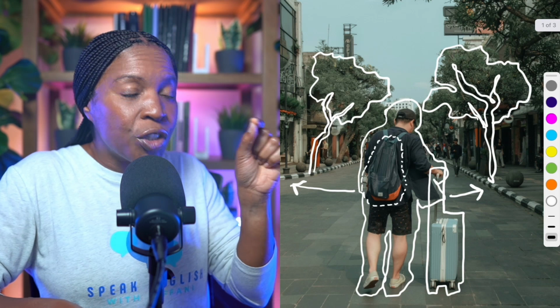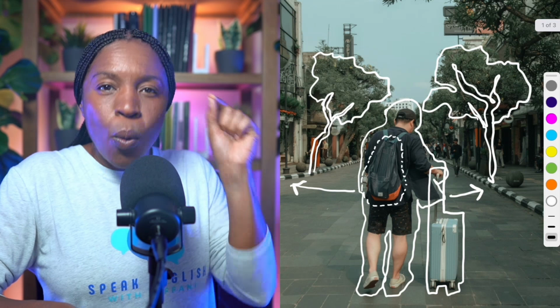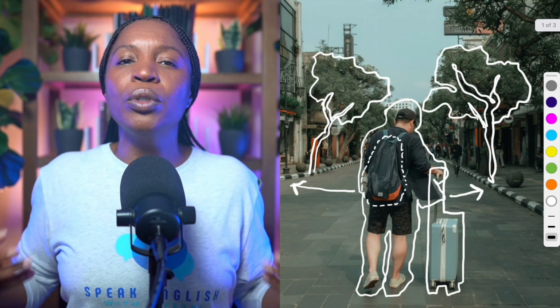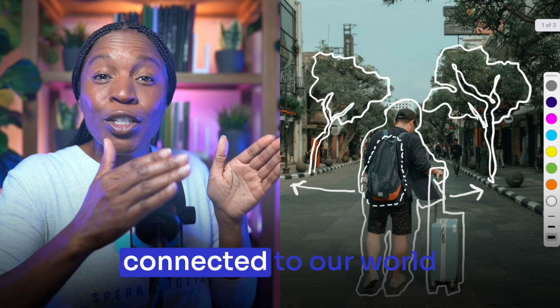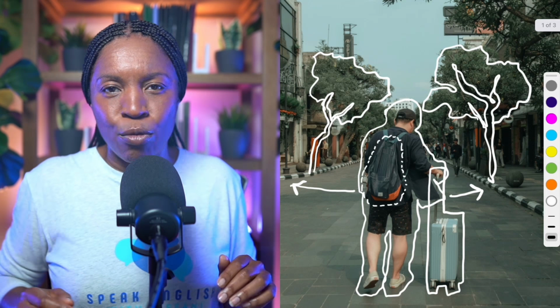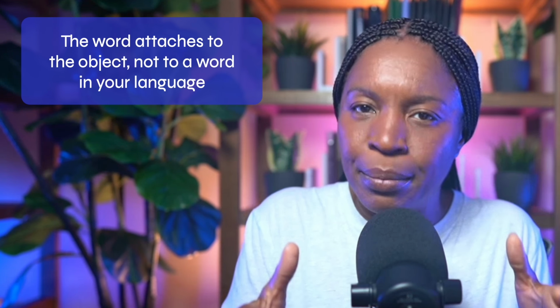We want to point to these things. We want to name them. What are we seeing? We don't just want random words. The words must be connected to our world that we're looking at right now in this image. Why does this break translation? Why does this help you stop translating into your mother tongue? Well, you see, the word attaches to the object,